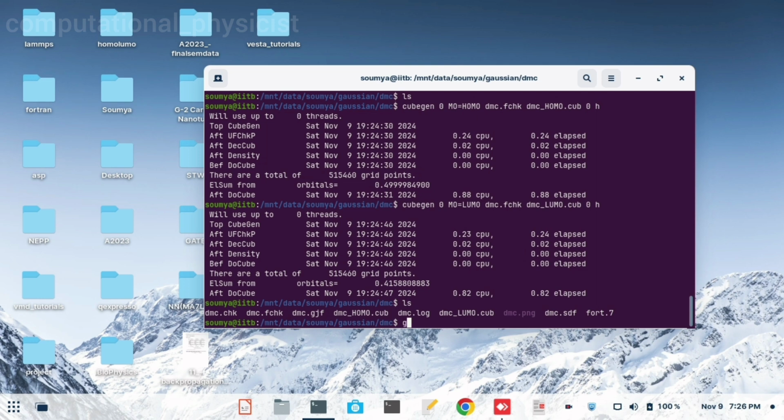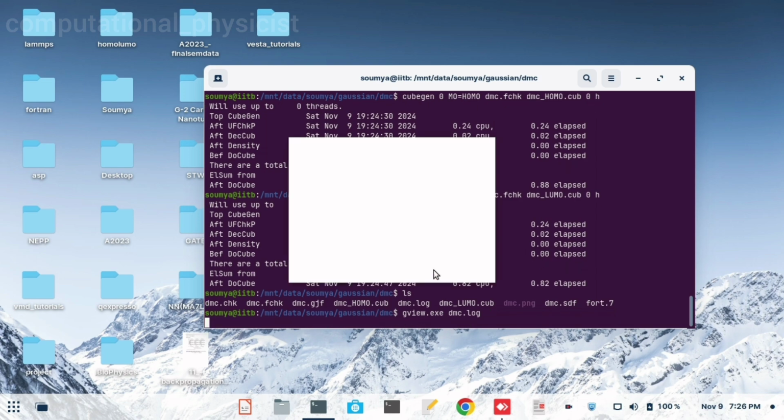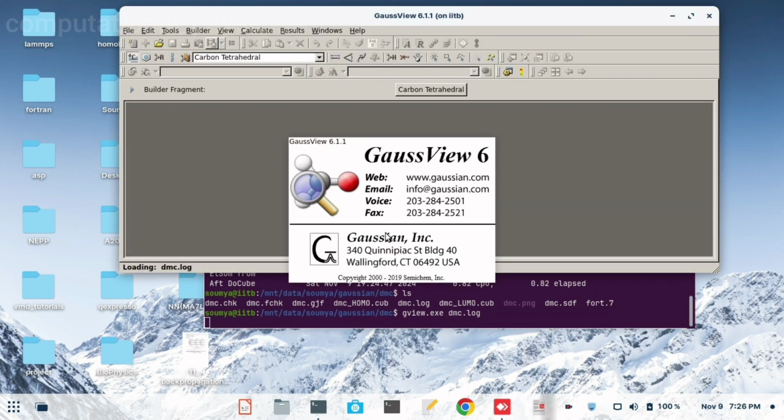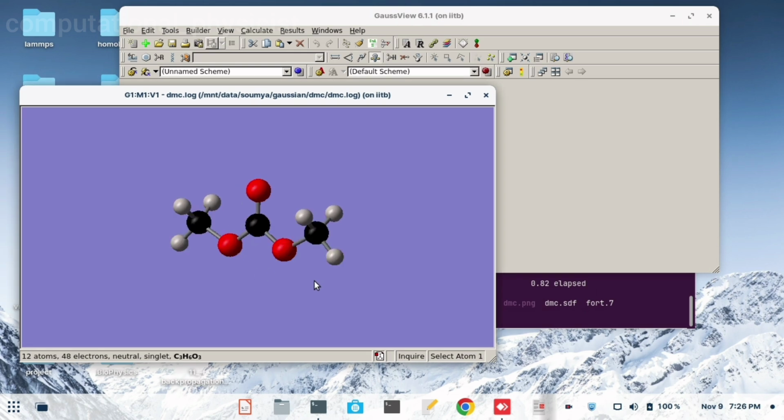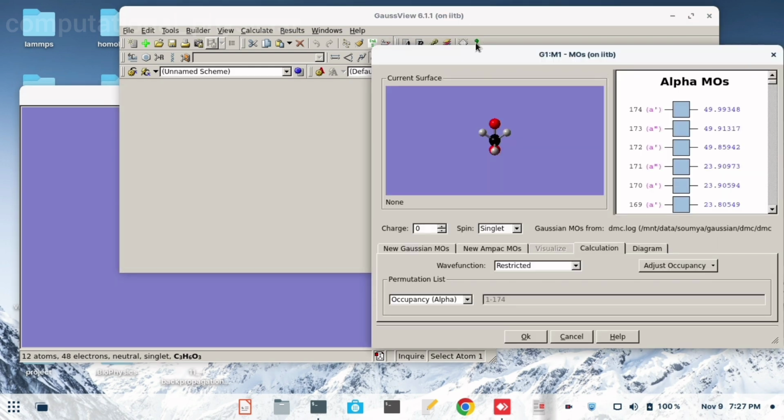And I will try to show you in GaussView how this will look. So I'm opening GaussView so that we can plot our HOMO-LUMO here. So now you see, I have opened the log file of the DMC molecule. Then there is an option to plot the surface.